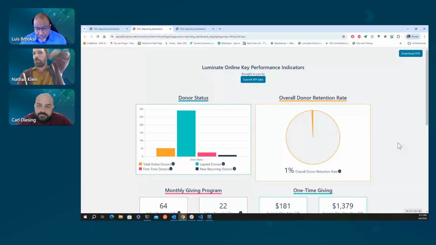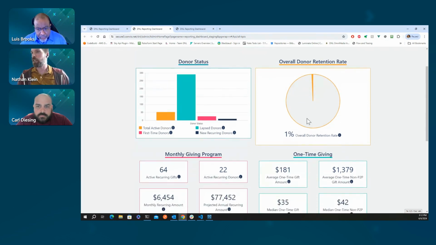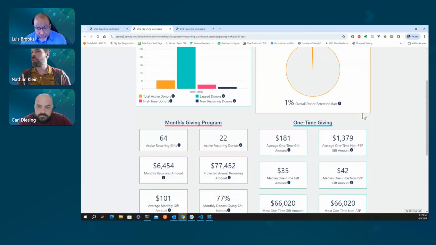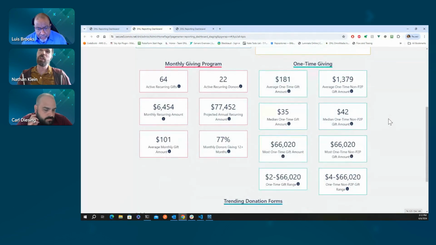custom methodology on the back end that allows us to say, okay, how do we want to decide if someone is an active donor? Maybe it was they gave in the last year or something like that. So then we can track them and call them an active donor based on that. We can track donor retention rates year over year. We can track giving rates in various ways,